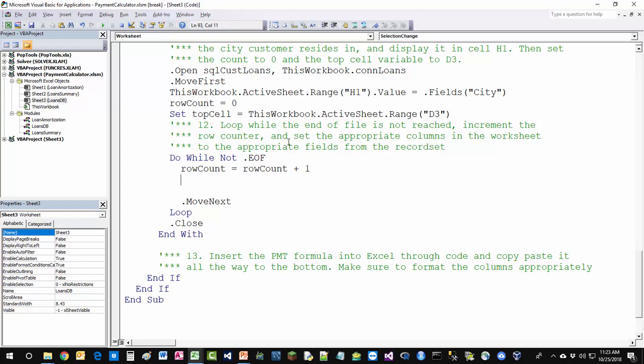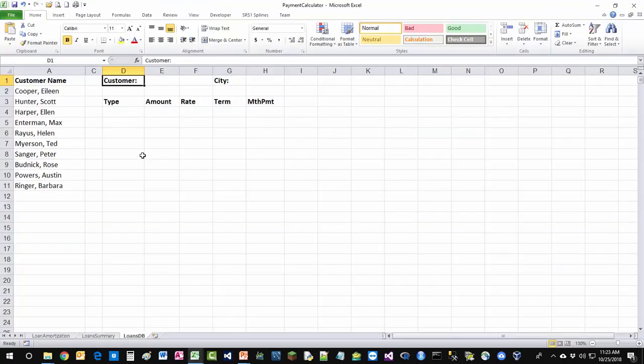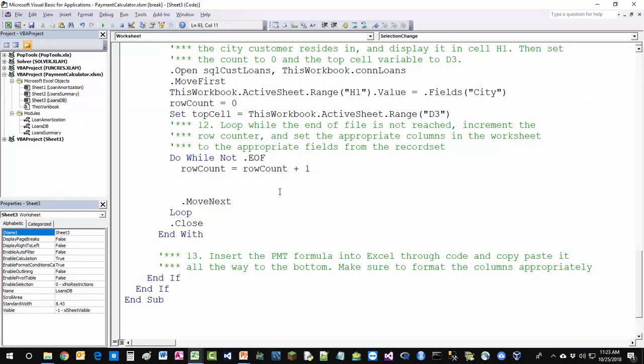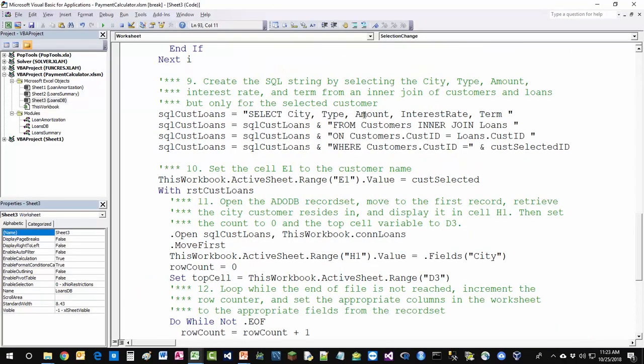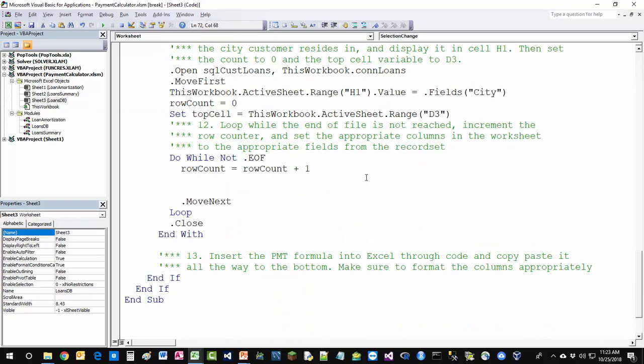Then in these cells here, in this section right there, we're going to be inserting the type, right? The type of loan, amount, interest rate, and term. So you have to make sure that these columns are all spelled right. And the construct to do that is going to be top cell dot offset, right? So top cell is now D3, okay? Offset is row count, okay? So first row, 0 offset means column D, so cell D4 for row counter 1,